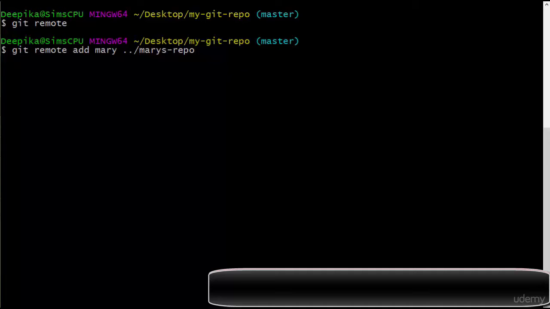So what is this Mary? Mary, you can think like another name we have given to Mary's repo. So we can use this Mary to refer to Mary's repository. So now if I go ahead and hit this command, now I'm establishing the connection between Mary's repo and mygit repo. So now if I go ahead and hit